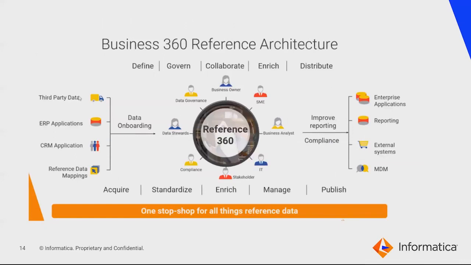So this is the typical Business 360 reference architecture. On the left-hand side, you can see the third-party data and the legacy source systems like ERP applications, CRM applications, and some reference data mappings. Then the data is onboarded into Business 360 and Customer 360. Business 360, of course, is typically the hub console that we used to have in the traditional on-prem or hosted MDM. All the necessary configuration and development would essentially be done in the Business 360 console, and the Customer 360 console is more for the user interface,